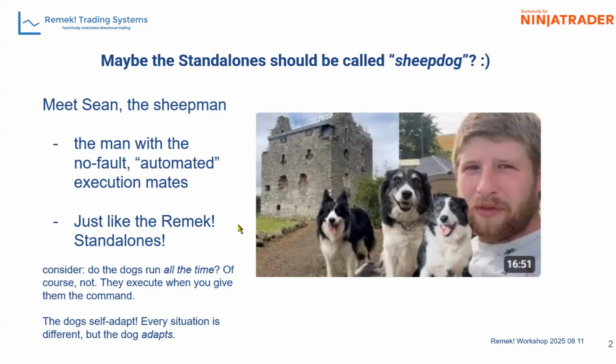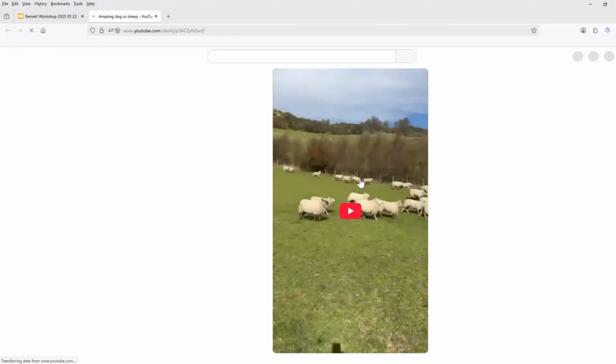Okay? And again, the dogs do not run all the time, of course. They execute when you give them the command. That's the blue dot, the blue button for us, the switching on the strategy. And the dogs, interesting to see in the videos, they also self-adapt, because every situation, I mean, imagine sheep, 100 sheep, every situation will be different. But the dogs adapt and they do the job. I don't want to waste your time, but I'm going to click here because I want to show you this,